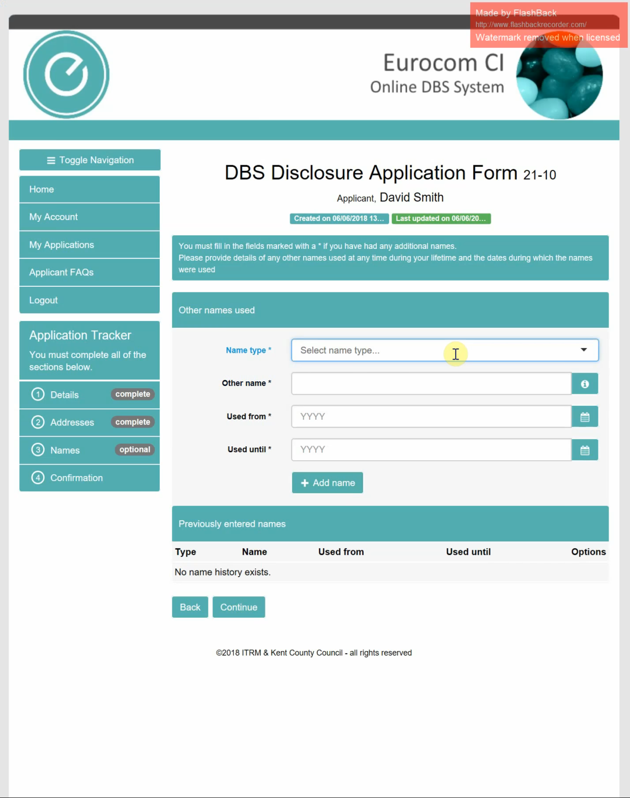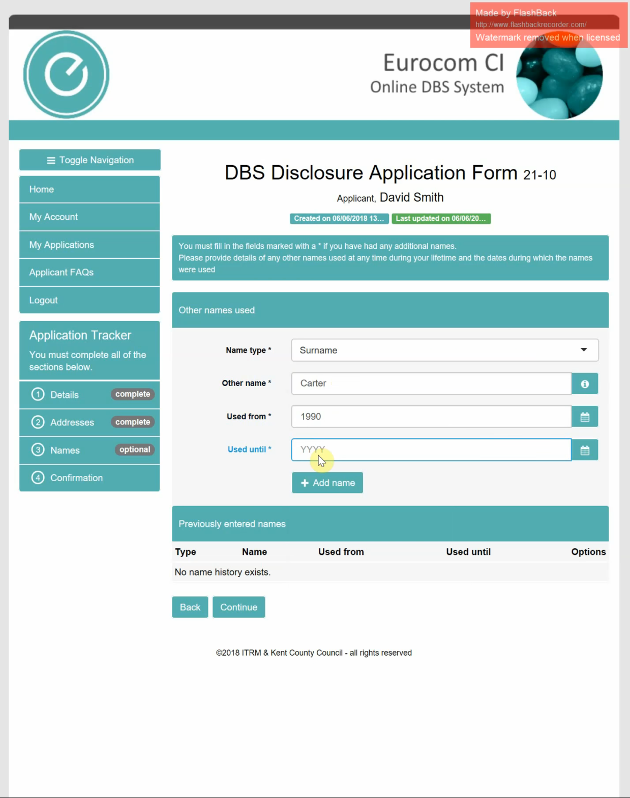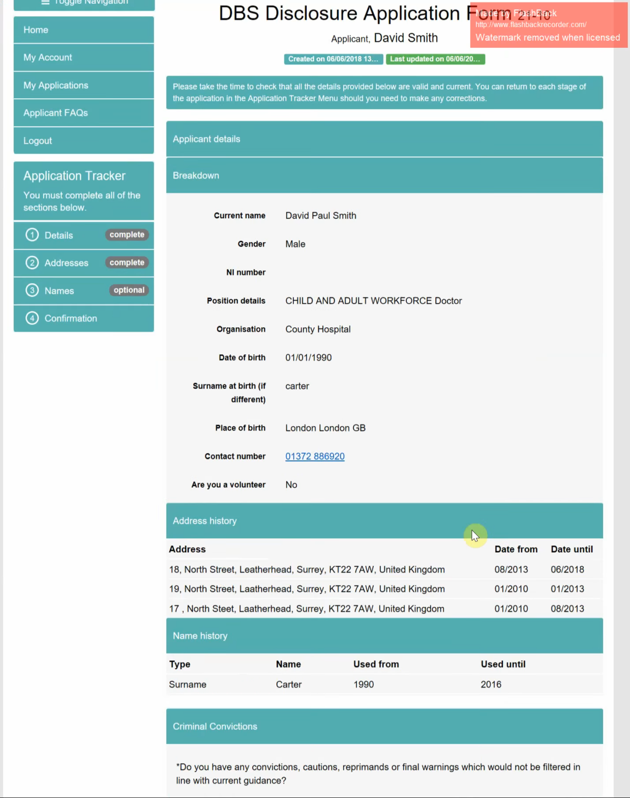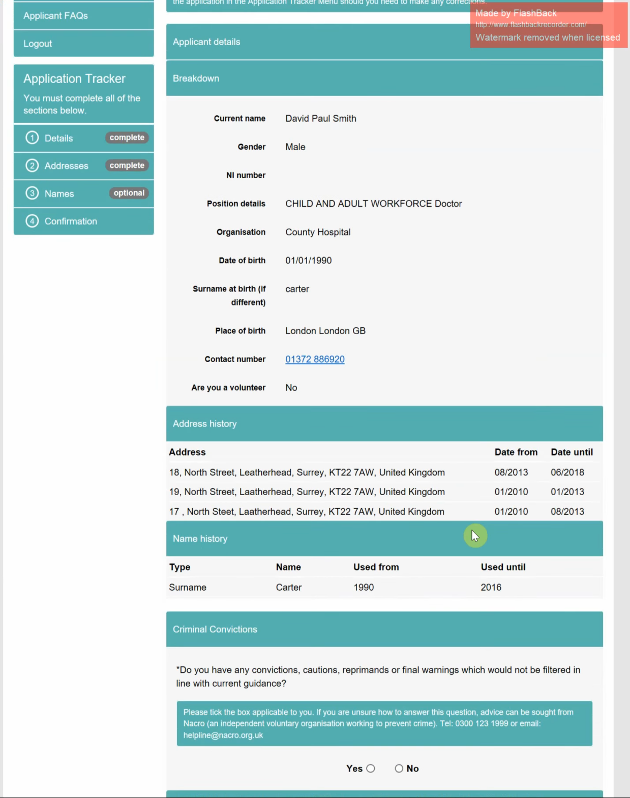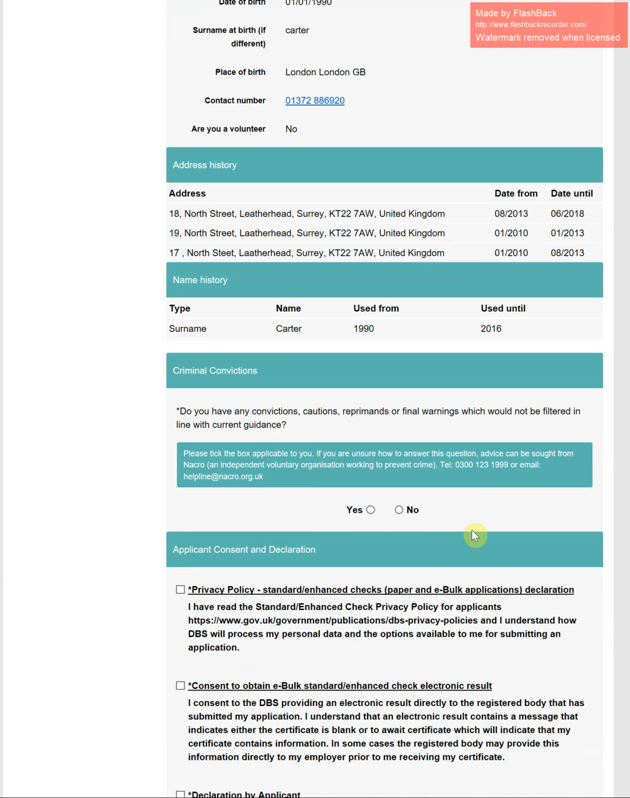After entering their address history, the applicant is then prompted to enter details of any previous surnames or forenames. Once the applicant has entered their previous names, this will preview below the entry fields. If an applicant does not have any previous names, they will be able to progress through to the last stage